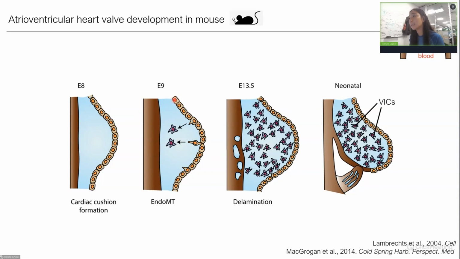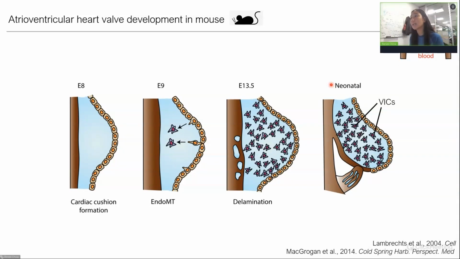What happens is that some of these cells undergo a process called endothelial to mesenchymal transition, or endoMT. They lose the cell-cell contacts, they lose the apical-basal cell polarity, and they migrate into the cardiac jelly, where they proliferate, and then eventually differentiate into the valve interstitial cells. Around this stage, you have a step called delamination, where you get holes forming in the myocardial layer. Then this part of the tissue splits from the myocardial layer to release the valve leaflets. And these cells here eventually become the papillary muscles.